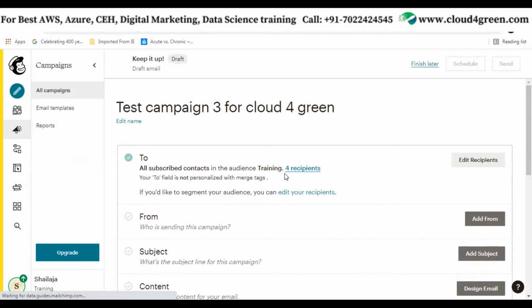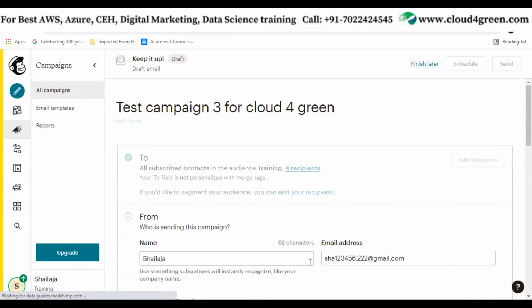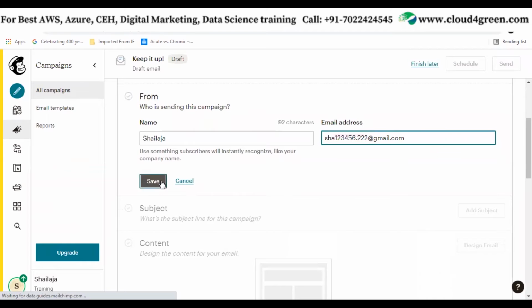Yeah, these are the 4 recipients for whom we are sending the mail. The from address is obviously from my email ID, that is myself, Shailaja. So click on save.